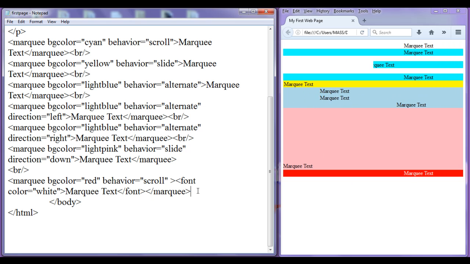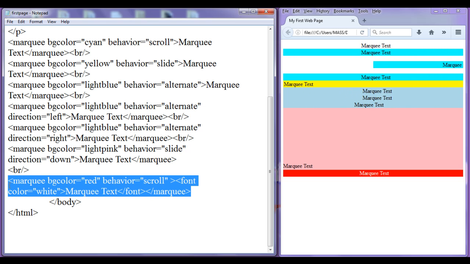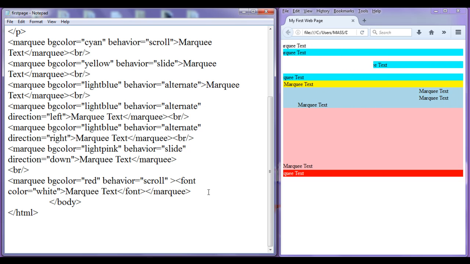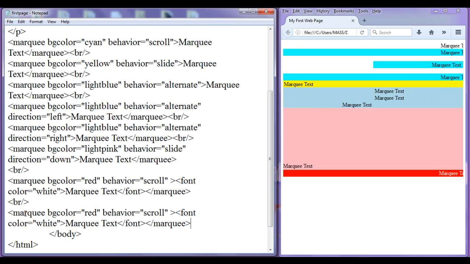I'm going to copy this content from here. You will see this in browsers. I'm going to copy this and paste it down. This time I'm going to say marquee, bgcolor is red only. Behavior, I am going to give scroll. I am going to give here height, 200 pixels.